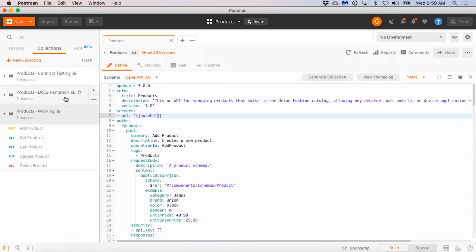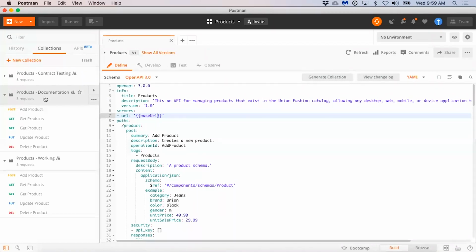So all of these collections have a purpose. They have a name. Their scope is kept pretty small rather than just being large.